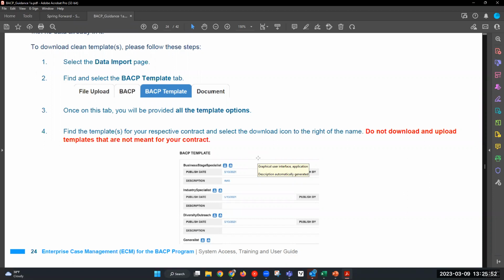So for one of you, you could be EDC underscore A, the first letter of your last name. If you don't know your org code, again, it's how you log in. So it's just the first three initials, but also in the bottom of this guide, we provide you all the org codes for each agency. So when you download this, it's going to be in the right name convention. Keep that name convention, just change the parts where you see XXX. And the last part is the date, so that's month underscore day underscore year.